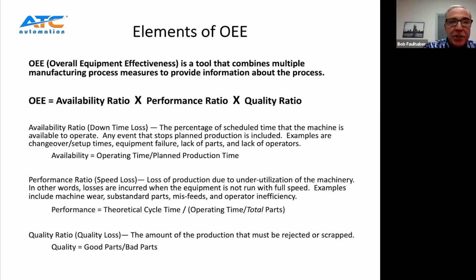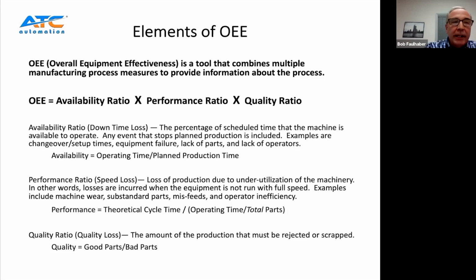The performance ratio is also known as the cycle time ratio. This is the difference between the design cycle time of that piece of equipment versus the actual cycle time for that piece of equipment. An example of that would be, we just took a measurement on this line and we've determined that this line is running at 30 parts per minute. But the design of that line was 33 parts per minute. So we're running at some percentage lower than 100% of the speed.